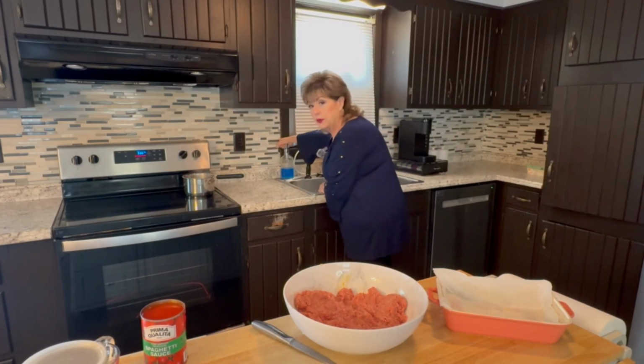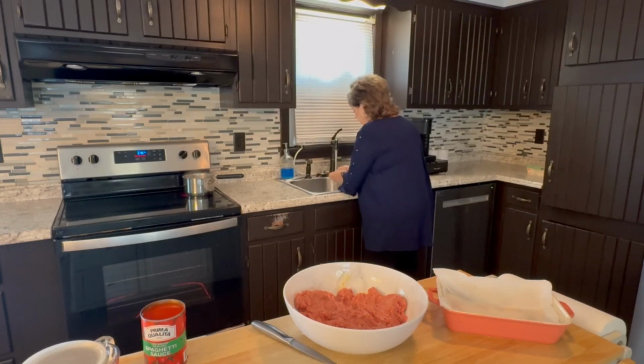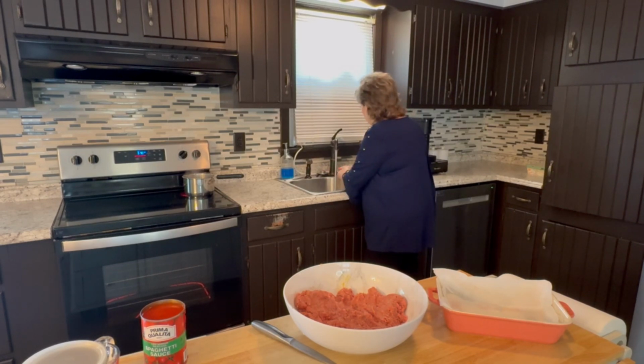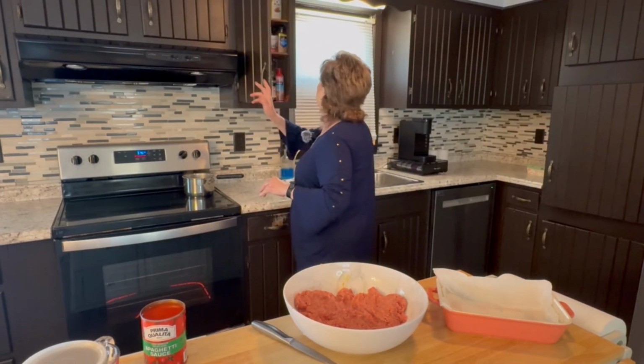Oh, yeah. We're going to have meatloaf and scalloped potatoes, and I'm going to show you the easy way to do scalloped potatoes as well. That's very little work. And it's going to taste like you've been toiling over that meal all day long. Absolutely. Now, let me get a pinch of salt,